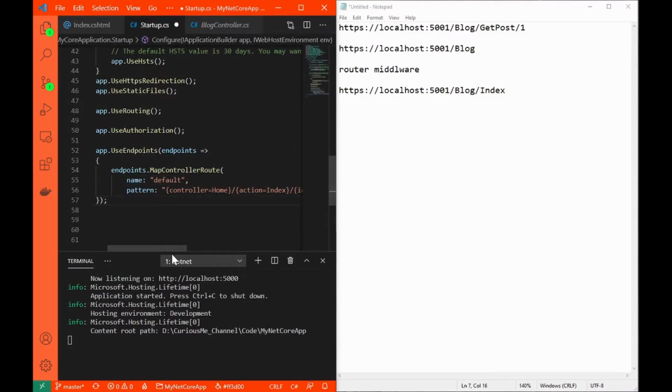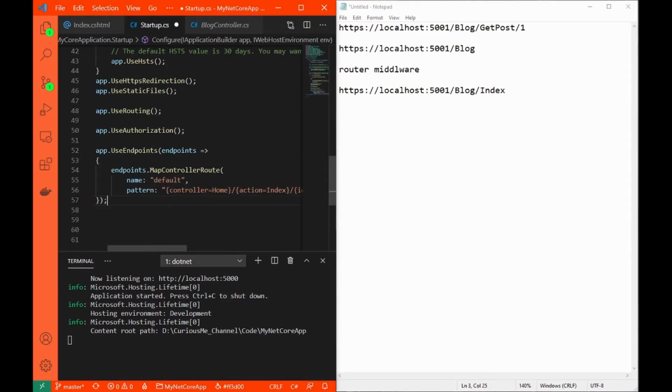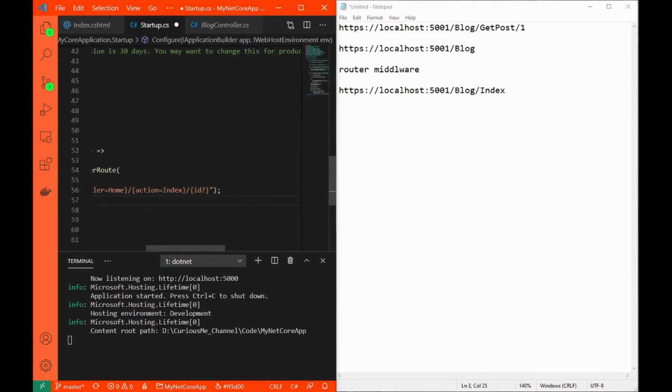Let's now discuss why this ID was not getting added. Before that, if you are wondering what this question mark is, basically this question mark makes this parameter optional.